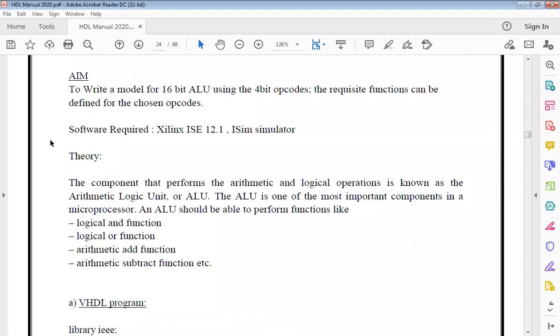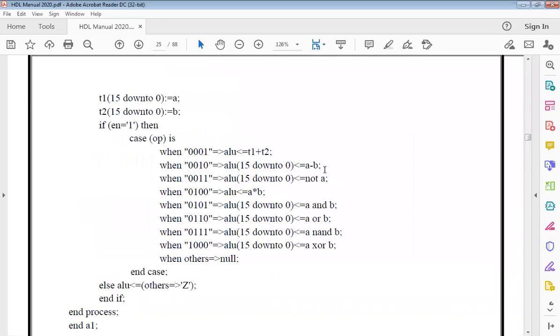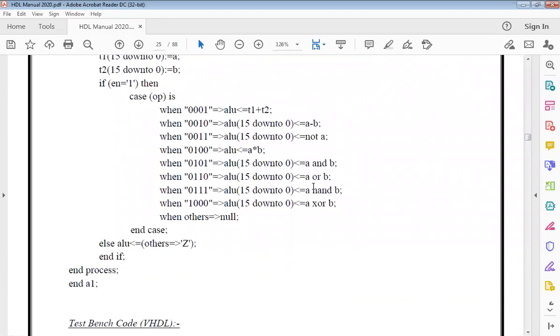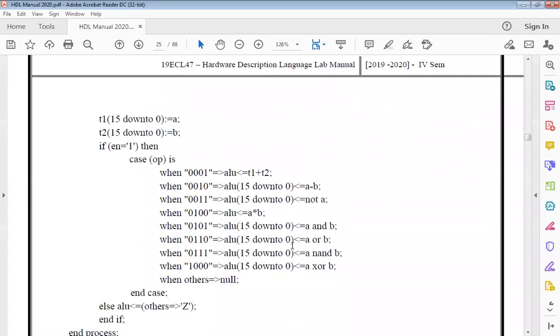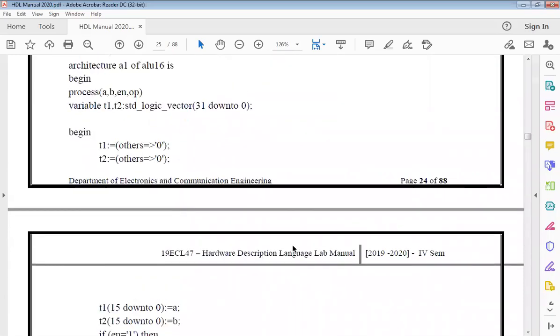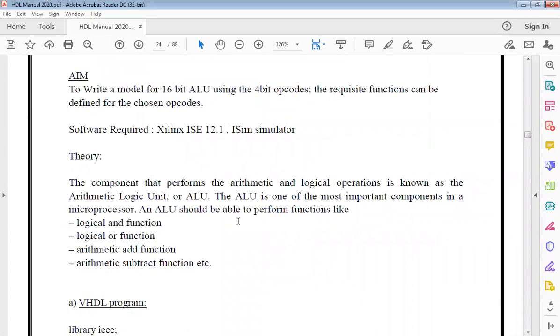We will be using the equation directly, so you can see a minus b, not of a and b, right? We are trying to give a condition and accordingly it's going to work. Fine. So we will look into it, having both VHDL and Verilog programs.